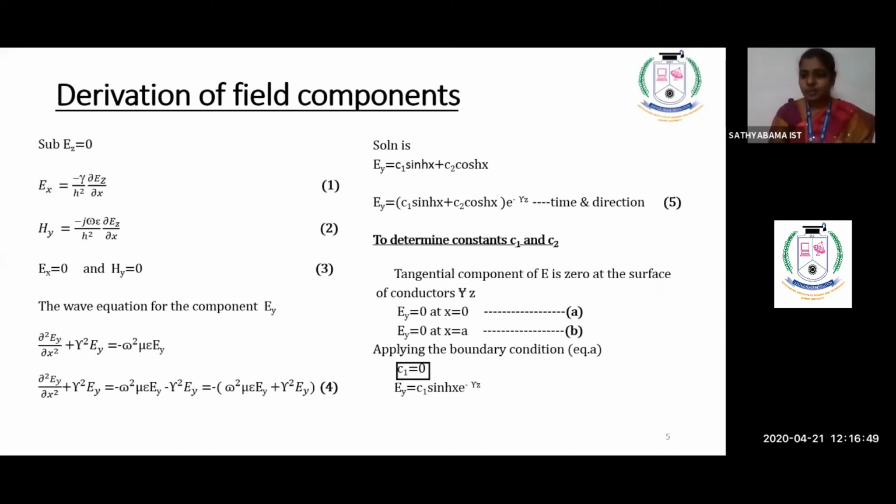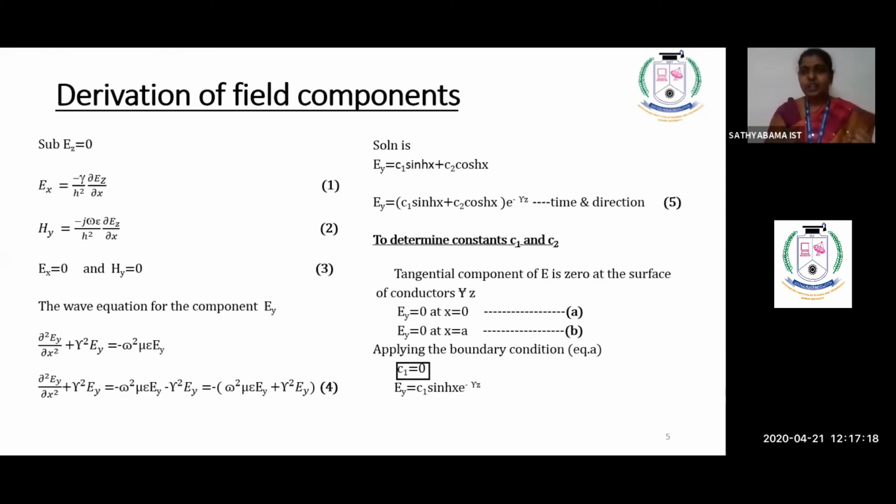So out of 6 components, 3 components do not exist for our transverse electric wave of parallel plane wave. What are the 3 components not existing? See the screen: Ez is equal to 0 based on the definition, and Ex and Hy are equal to 0 when you apply it in your parallel plane general derivation. Understood? Next, now what is given in your hand? You have to find the remaining 3 components. Now can you guess what the remaining 3 components are?